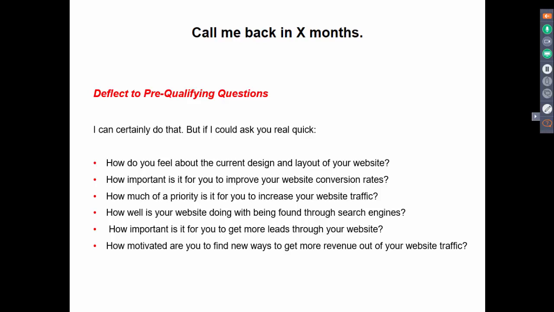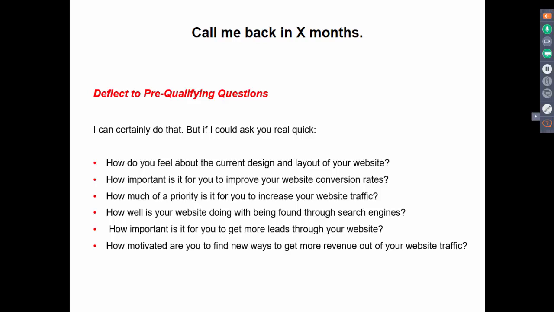But let's just say that the prospect said, our conversion rates are horrible and it's something we can't figure out. I mean, they wouldn't say it that plainly. Even if they felt that, they would keep their cards closer to their chest. But even if they said that, that's a reason for you not to call them back in 6 months. That's when you can say, oh, well, that's why I'm reaching out to you, and we are experts at improving website conversion rate, and I want to share some examples with you of how we've helped other companies.